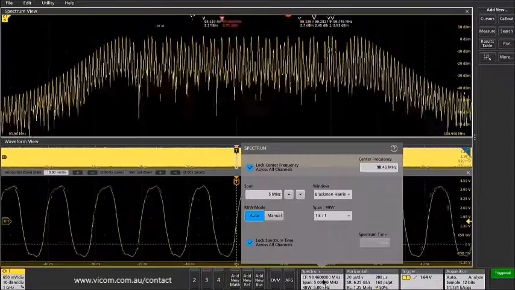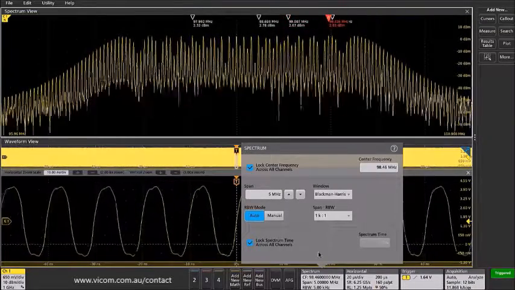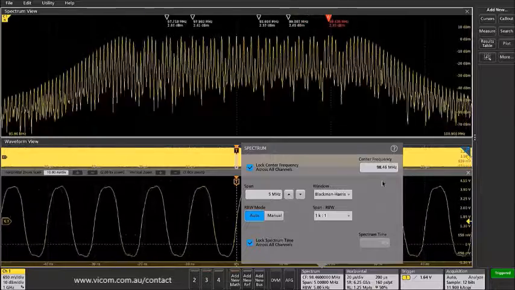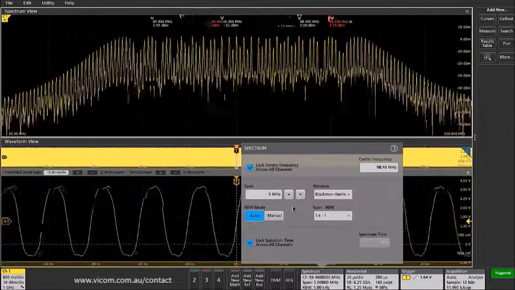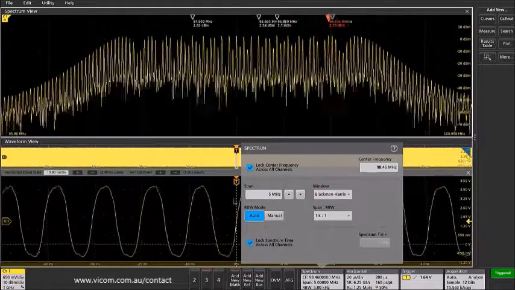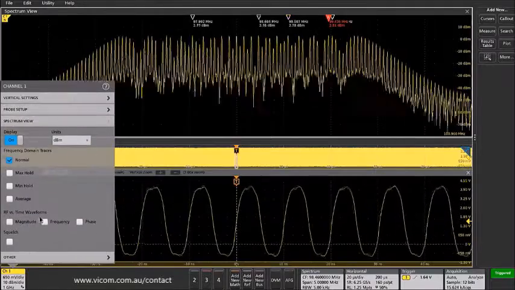Now within the spectrum badge that shows up in the bottom of the display, we can see that the center frequency of this clock is right around 98 megahertz and that it's got a spread spectrum quality that's approximately 3 or 4 megahertz wide. If I go back into the channel badge settings and go back into spectrum view,